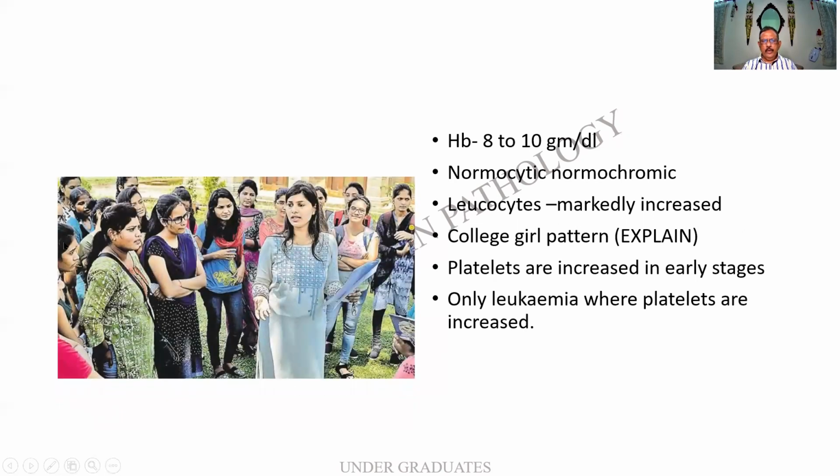Look at this one. You find that there is a group of college girls. Generally, they are very happy and relaxed, but here appears to be a different scenario. They are about to go in for a strike. I'm not interested in that, but look at the various costumes or dresses that they are wearing, different colors and different designs all over there. And sometimes added to this, there can be saris and other things. So I find that there is a plethora of colors and designs. That is why it is called a college girl pattern.